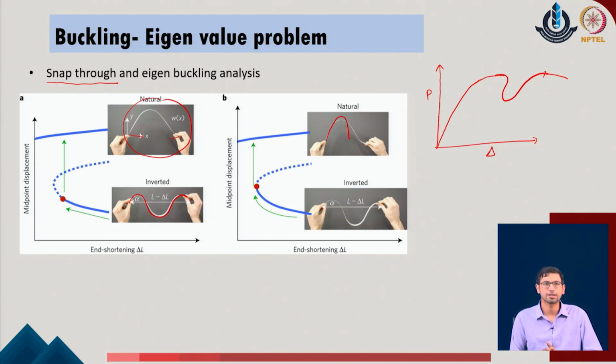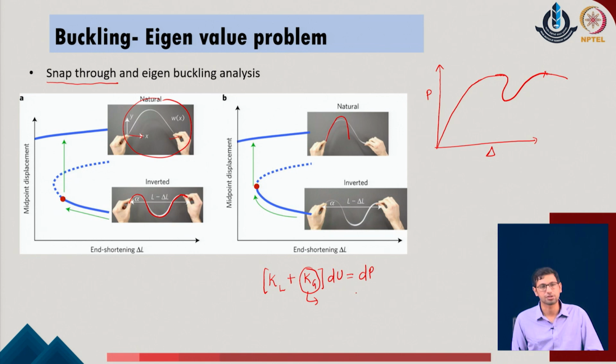We will later see that the analysis of buckling problems can be done using standard eigenvalue problems. We identify that the overall stiffness of the given system is made up of the stiffness of the linear system and the stiffness due to the geometrical nonlinearity in the given problem. I am just writing this at this moment in a simplified manner.